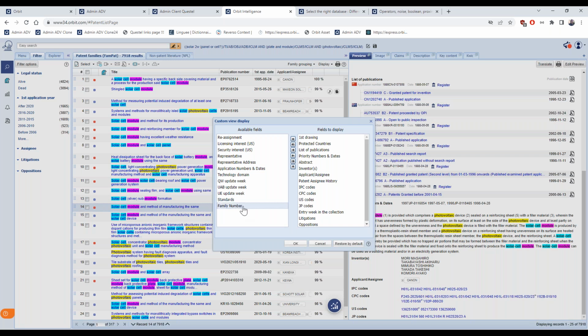Maybe for sharing purposes, I would like an ID for this family to be displayed. So in order to communicate to my colleague or to my manager, I can add also these fields the same way by playing with the arrows in the middle.